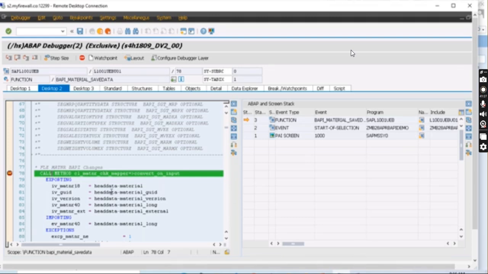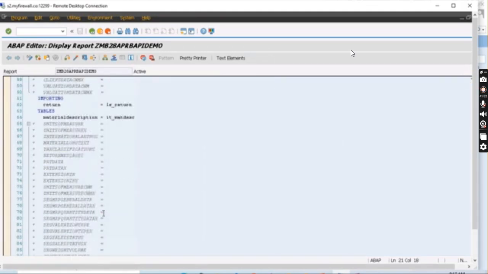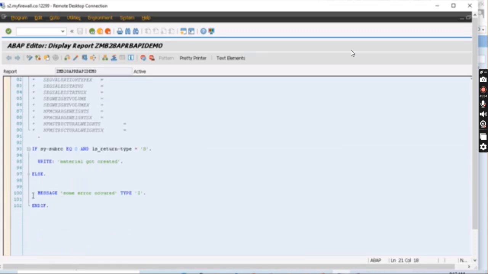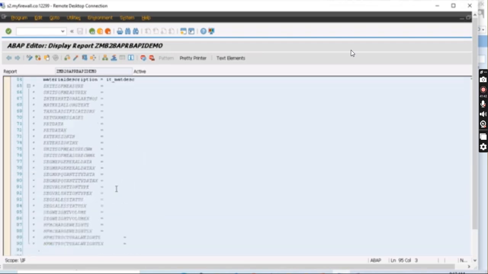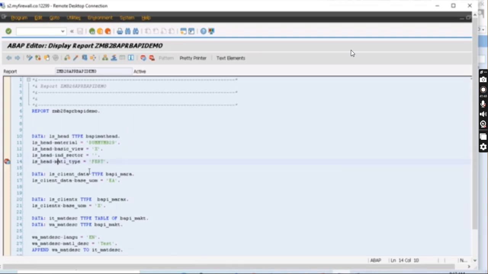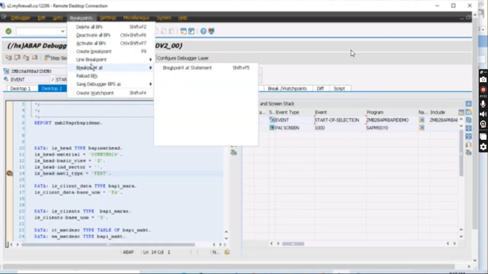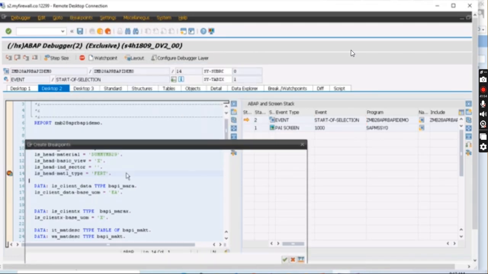Similarly, if you are getting some particular message, here we have displayed some message, or if you want to put a breakpoint on a dynamic write statement, you can do so. Go into the first debugger session and go to breakpoint at a statement.